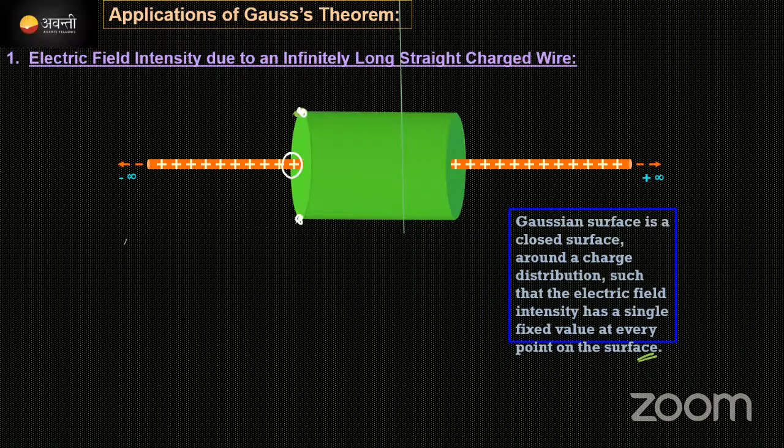Like that, in a symmetry way we need to choose the Gaussian surface. Gaussian surface choose किया आप. Now guys, actually electric field lines कैसे जा रहा है देखो, ऐसे radially moving outward direction, correct ना? ऐसे भी जाता है. Okay, how much amount of electric field lines we are moving in this direction, the same amount of electric field lines are moving in this direction, right? That's why they might cancel each other, I don't know, we'll calculate.